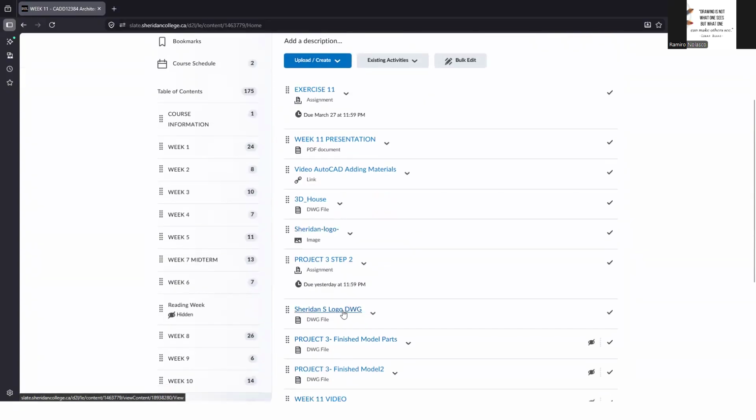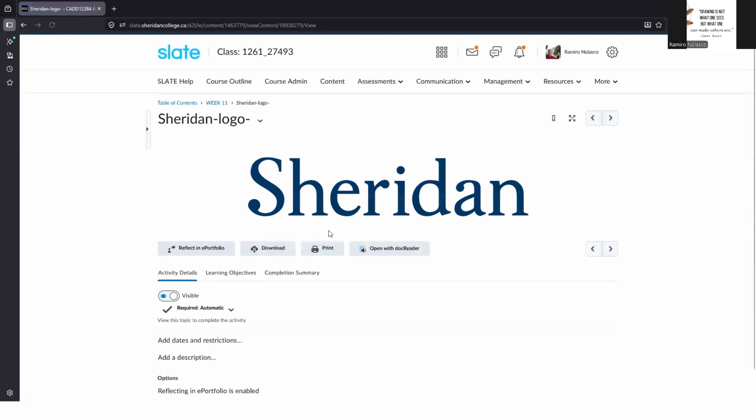So we do have the logo where it's a physical model. Okay. And you do need to apply that to your image or your render. But there's also a logo here, which is just an image. So you can download this.